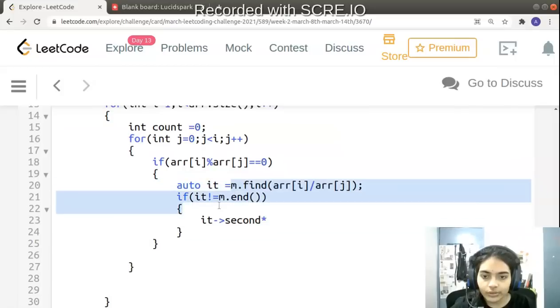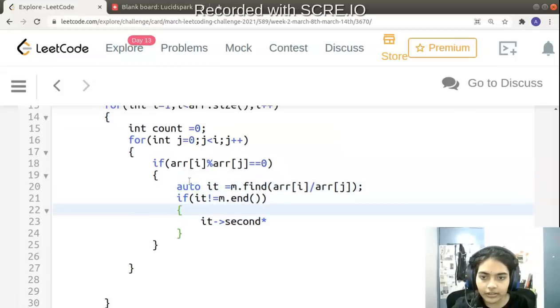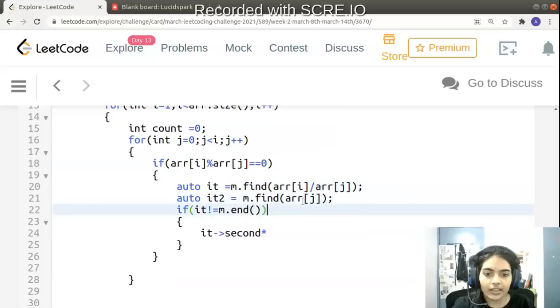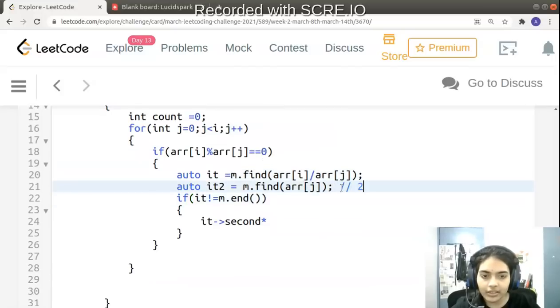For the other value, you will have to declare another iterator here. Let me call it it2. So auto it2 is equal to m.find of array of j. So I find both the numbers which I multiply. For example, in this case, this will be 2, this will be 3.